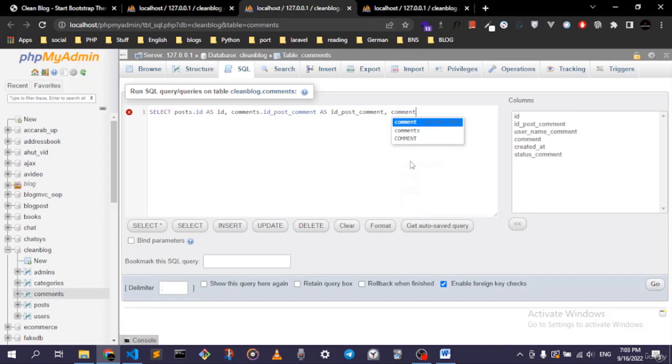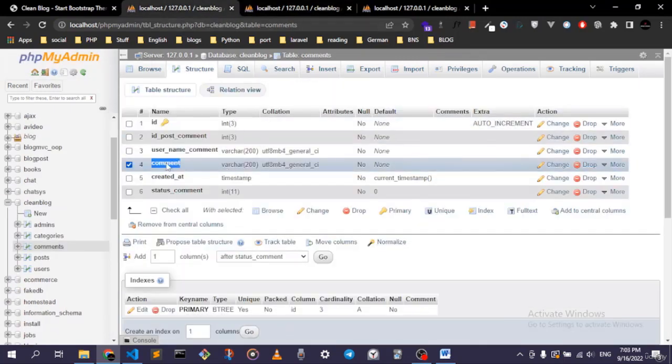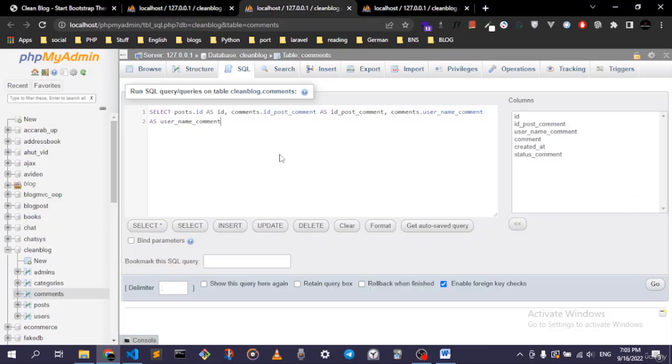It's going to be comments dot user underscore name comment as, and we are going to give it the same name down here. And we are of course needing the comment, which is comments dot comment as comment,